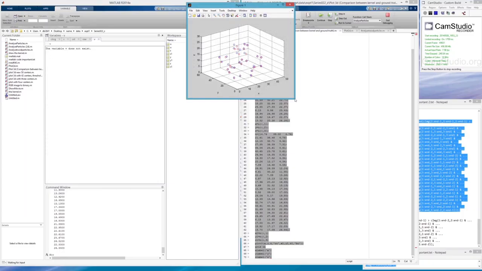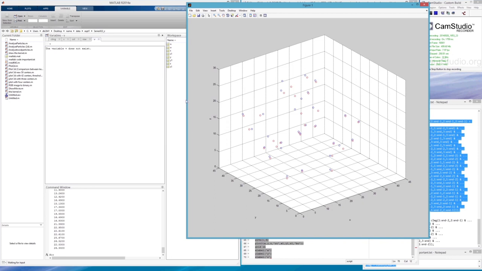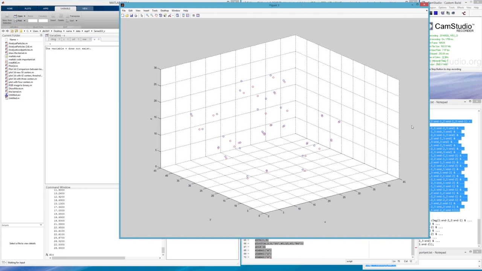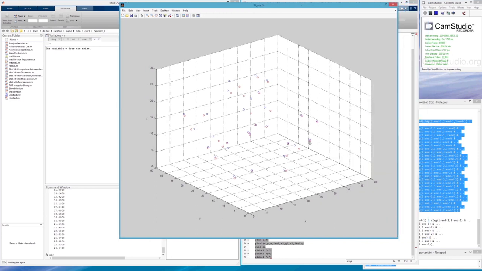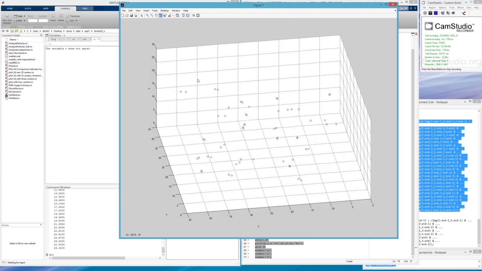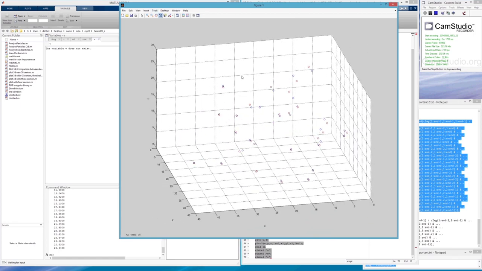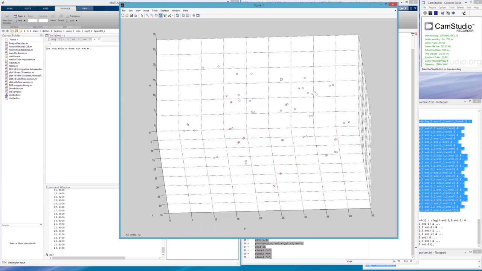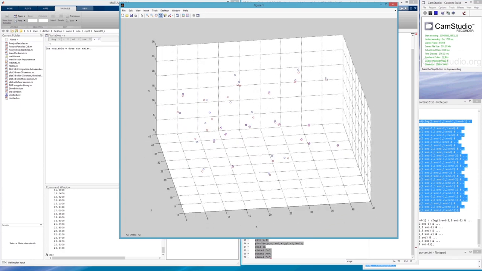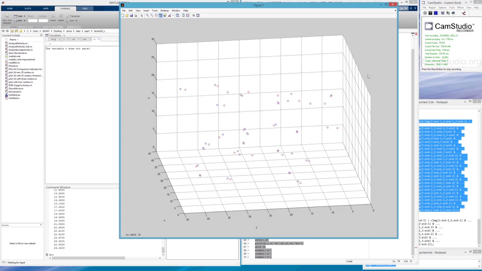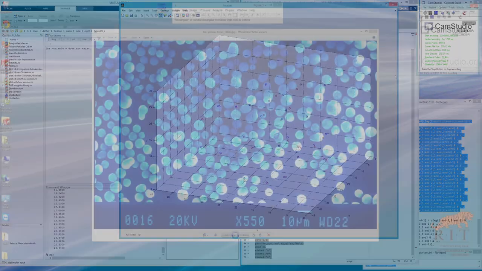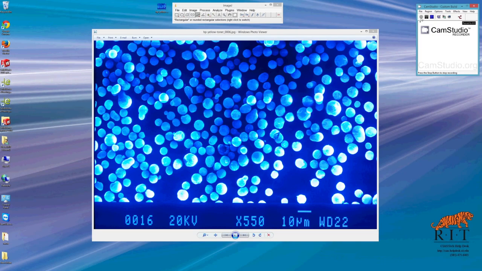In order to compare my results with Venice's results, I plot a 3D image with all the centers of the particles, as you can see here. The blue points are my centers, and the red points are Venice's centers. They are pretty close. I even made a two-sample t-test, and the result proves that they are close to each other. So after introducing these two methodologies, now I'm going to show you how to reconstruct the 3D microstructure of